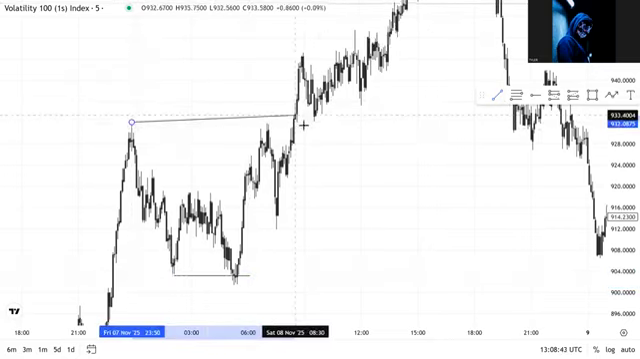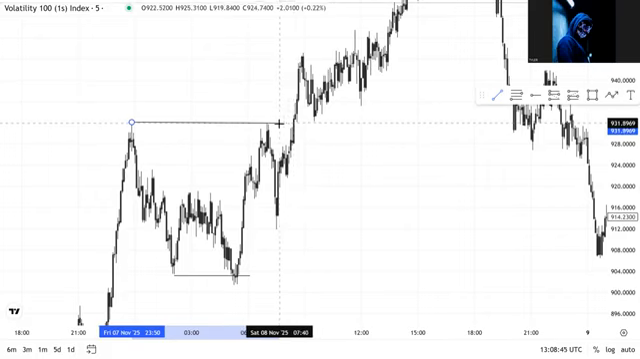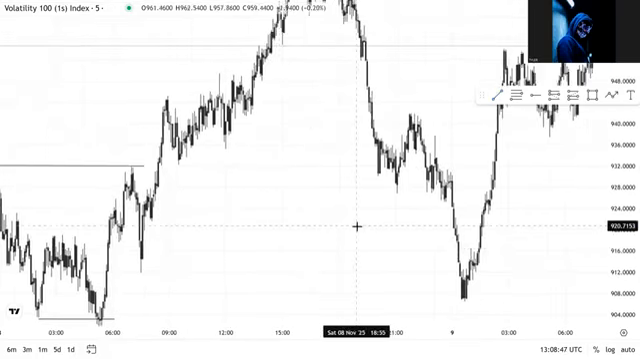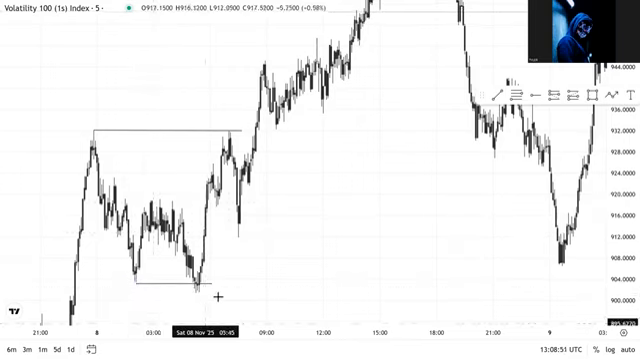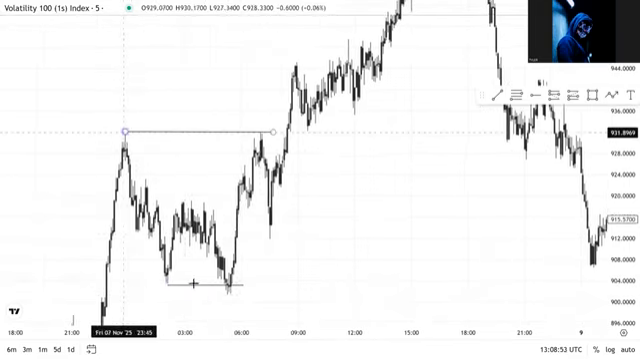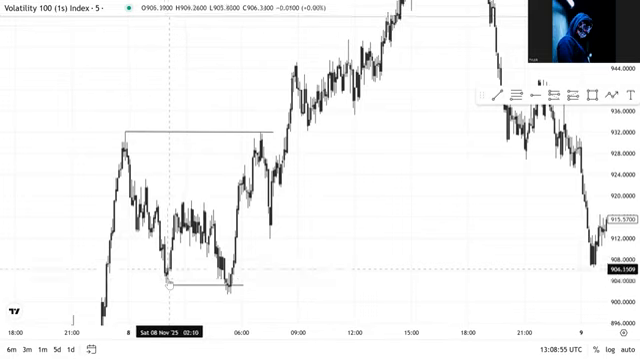Now what do I mean by the overall break of structure? We had this low break, we had the sweep of this low, and this is the highest point after the sweep, because this